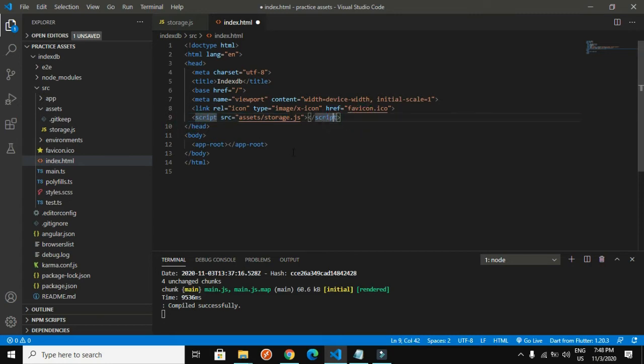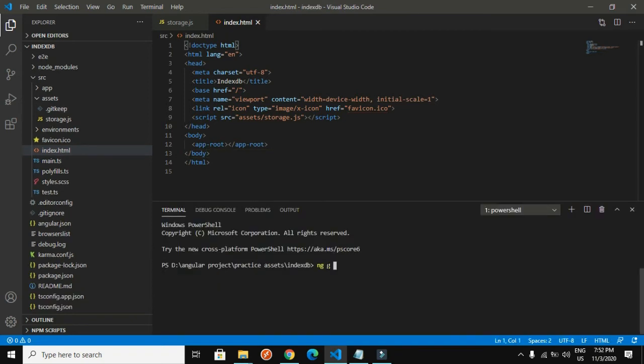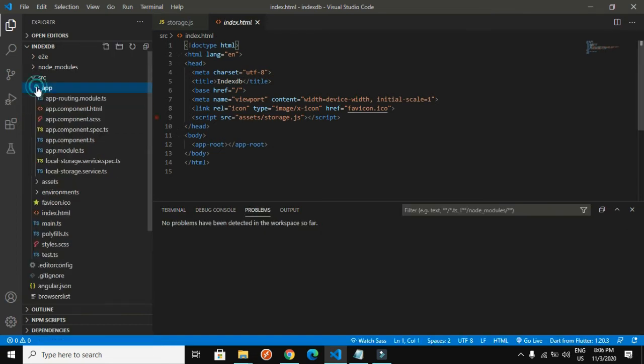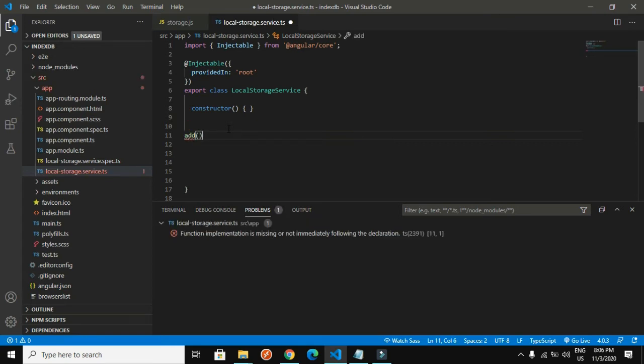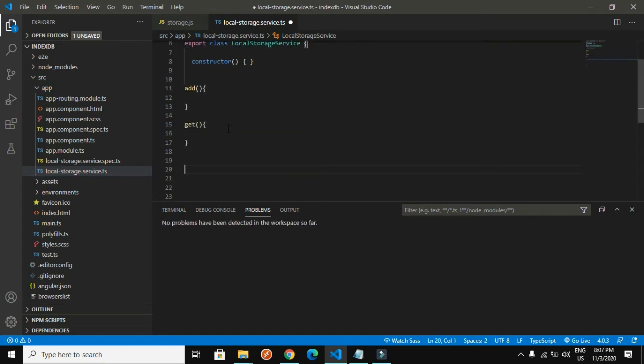So हम अब एक सर्विस फाइल बनाएंगे ng generate, g for generate, s for service, local storage। so ये होगा मेरा सर्विस फाइल जिसमें मैं कमांड लिखूंगा add update delete। so add फंक्शन डिफाइंड होगा कि हमें इंडेक्स डीबी में वैल्यू पास करना है, और get फंक्शन डिफाइंड होगा कि हमें वैल्यू फेच करना है from indexdb to read the value from indexdb, इसलिए हम get मेथड यूज करेंगे। और delete मेथड to delete the value which is not required in indexdb, तो हम delete करेंगे।